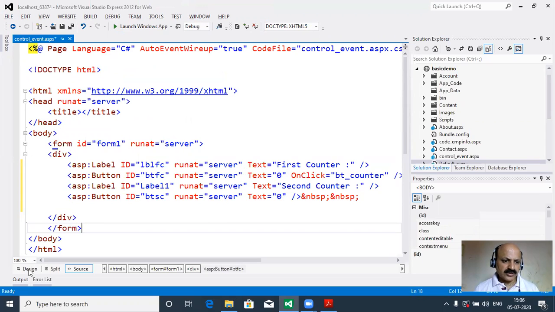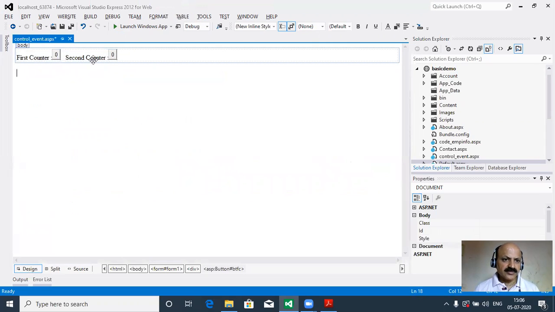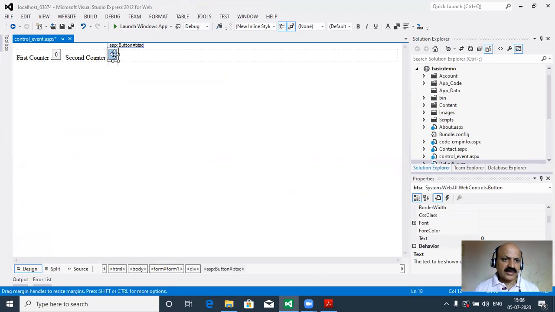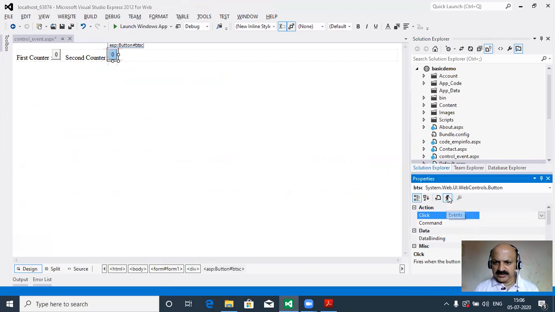So we have to first go in design part. Here we select the second button, and here there is an event sign, and just click, and here click, you can write the same identical name bt underscore counter.